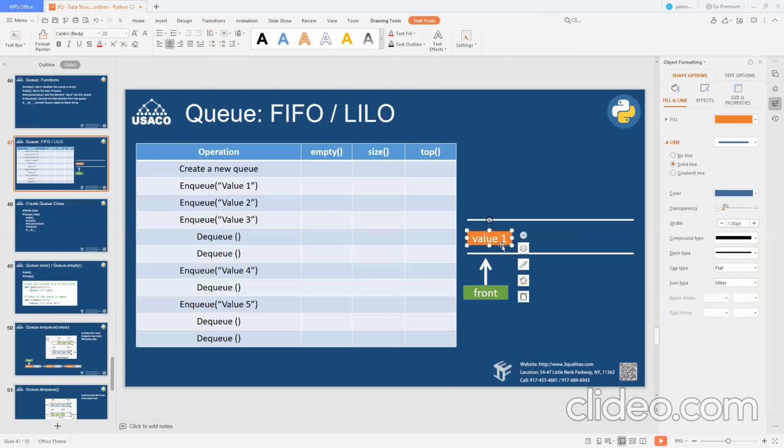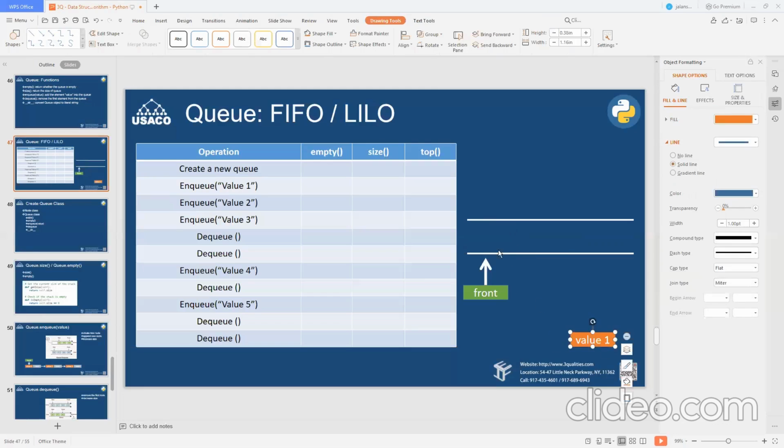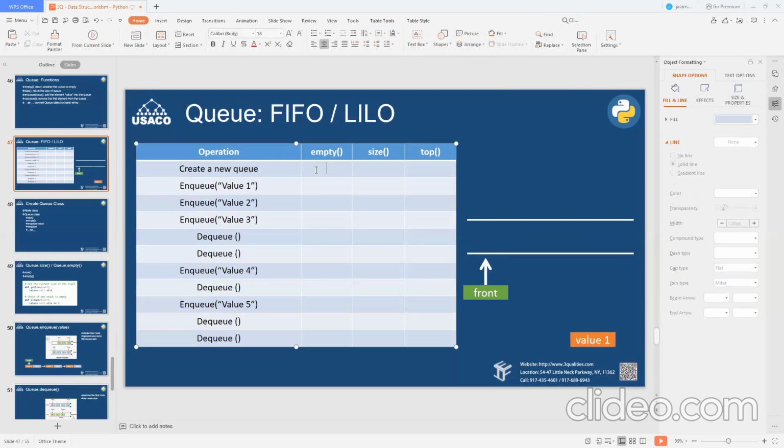First of all, let me remove this. I don't have any value in the queue. Imagine it is a line. So create a new queue. Then when you call the empty function, size function, no, it's not the top function, it's a queue function.